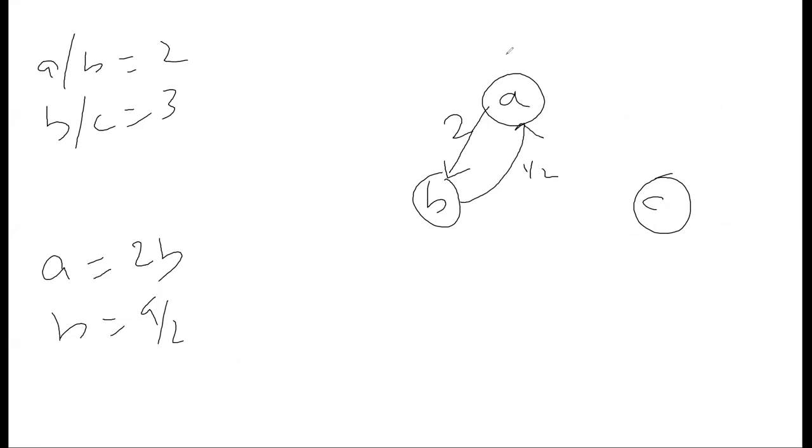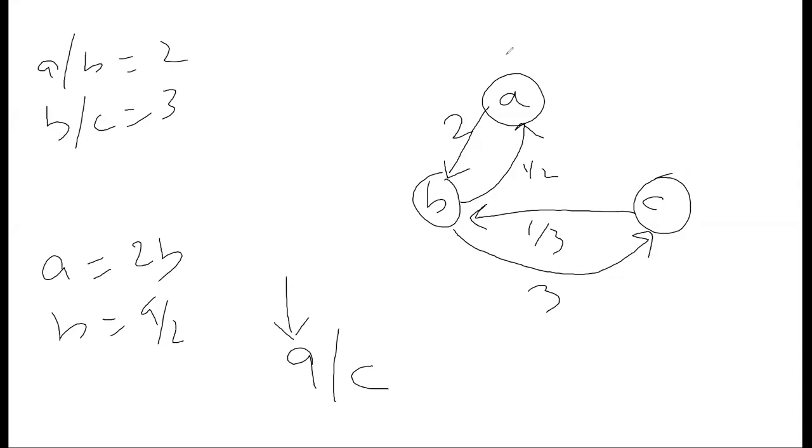Same goes for B by C. I'll have a path from B to C, which will have a weight 3, and C to A, which will have 1 by 3, right? Now, if I'm asked an equation, give me A by C. So this will kind of be my source. This will be my destination,